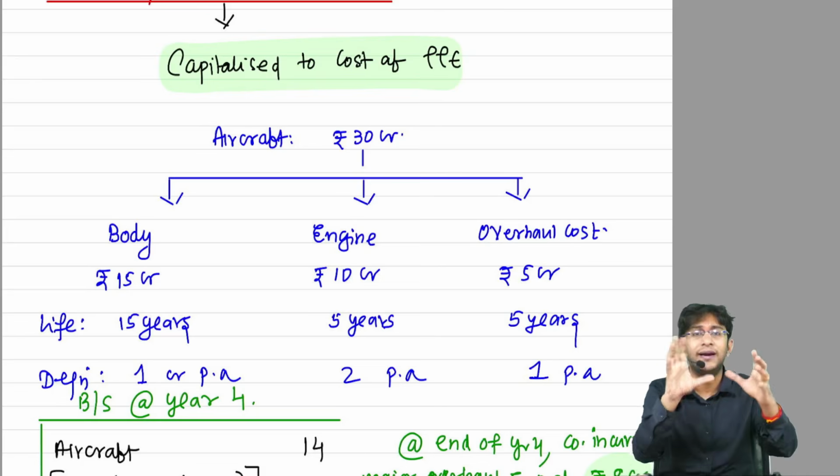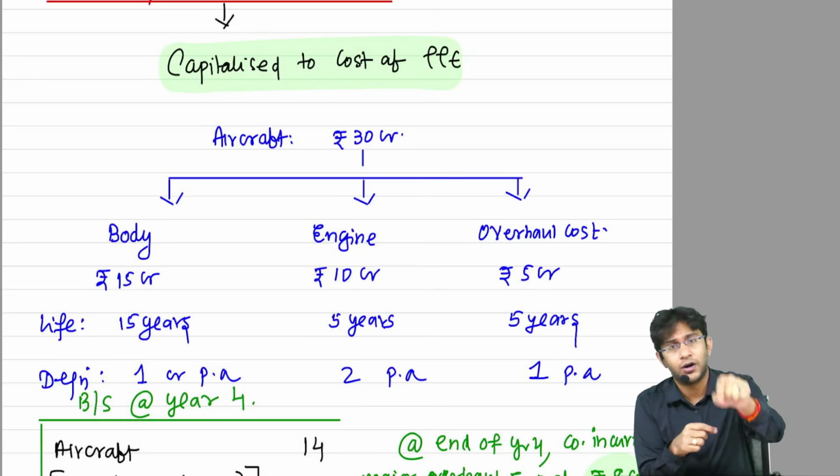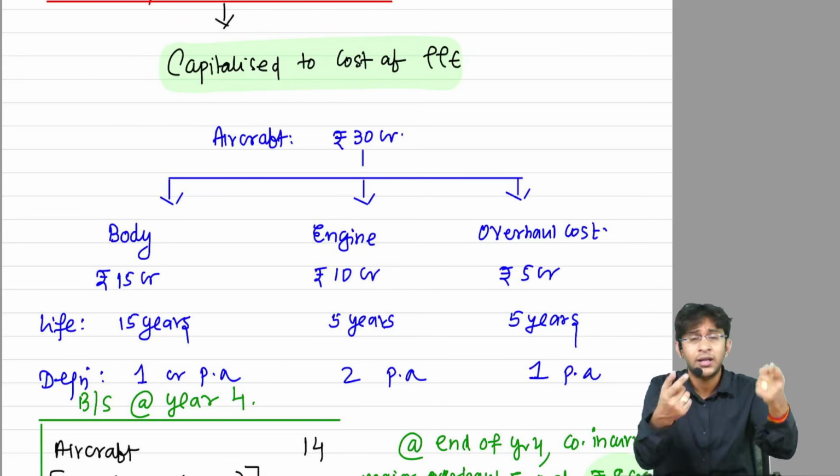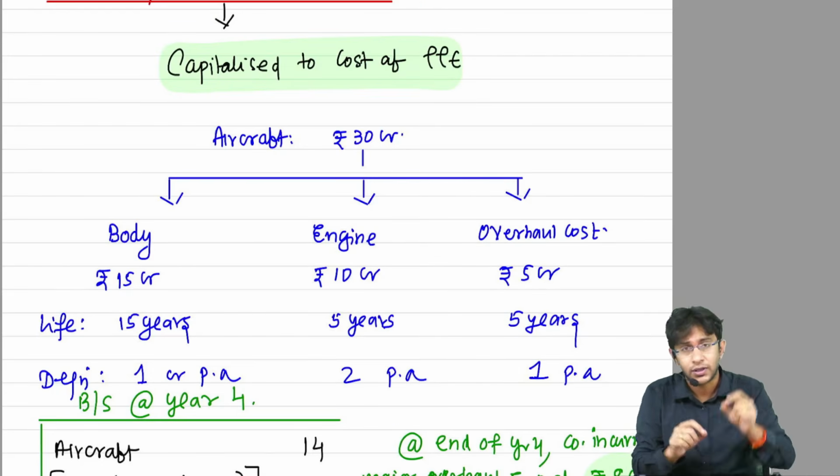He would have already incurred the cost and he would have given it to me. So when he incurred cost, he would have spent money. That money he will recover from me in the process of this 30 crores. So 30 crores,